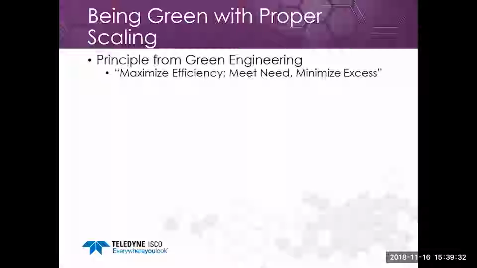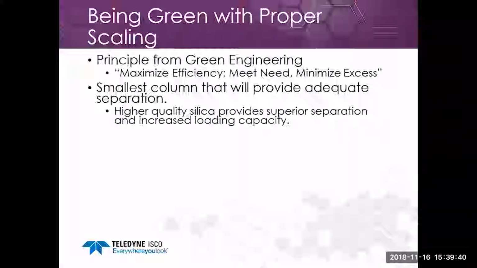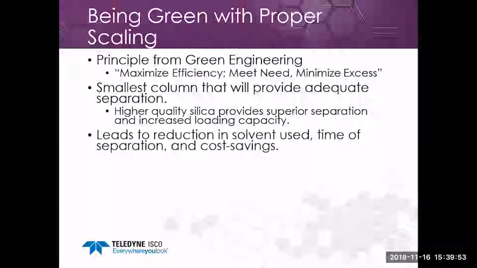So how can we be green with proper scaling? A principle from green engineering is maximize efficiency, meet your need, and minimize excess. And I think that defines purification efficiency very well. We want to choose the smallest column that will provide our adequate separation. Higher quality silica provides superior separation and increased loading capacity, and this leads to reduction in the solvent used, time of separation, and overall it's going to lead to cost